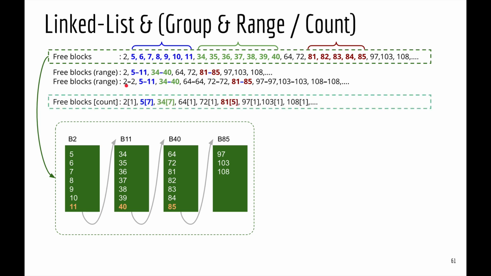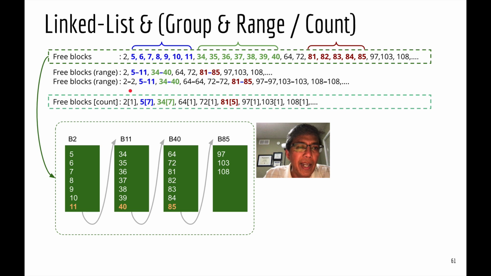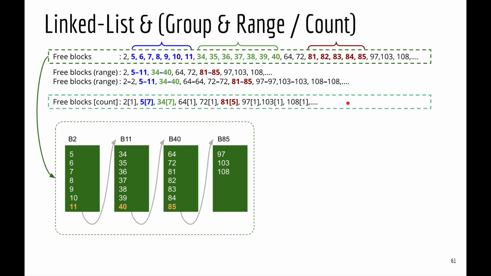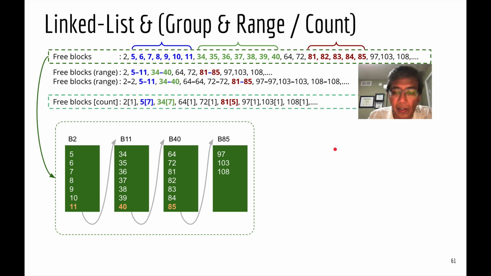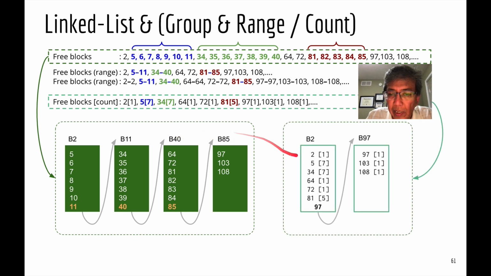Alternatively, instead of using the range from start to end, we can also use a counter. So in this case, we have 1 free block starting from block number 2, and we have 7 free blocks starting at block 5, and we have 7 free blocks starting at block 34, and so on and so forth. So using this last technique, we can keep a pair of numbers in our block. So now you can see that the pairs 2, 1, 5, 7, 34, 7, and so on can be packed